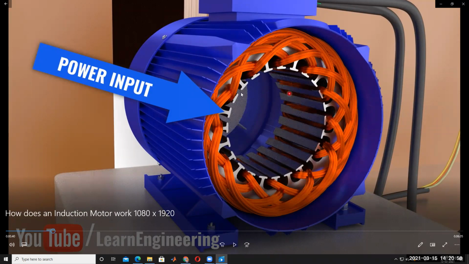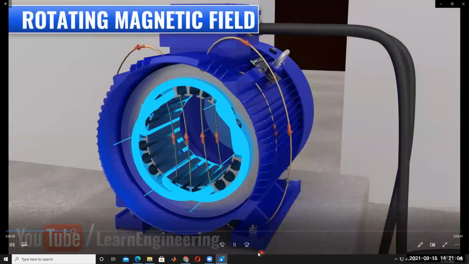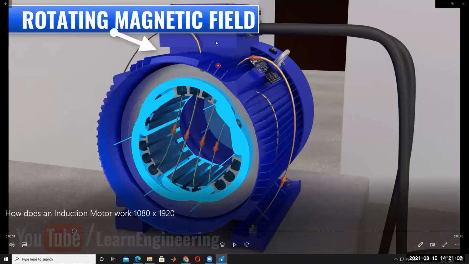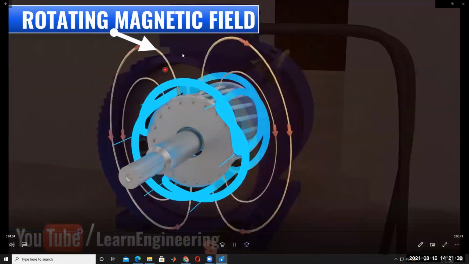So if we give the power supply to this, the winding is excited by the external three-phase supply. When you give the three-phase supply to this motor, the winding is excited, and this magnetic field is rotating. In this manner, the magnetic field in the stator winding, not the rotor, is rotating at synchronous speed. The speed of the rotating magnetic field is called synchronous speed. Understood? Like this, the magnetic field is rotating. This is called the rotating magnetic field, RMF.